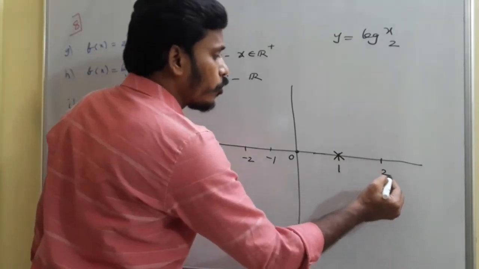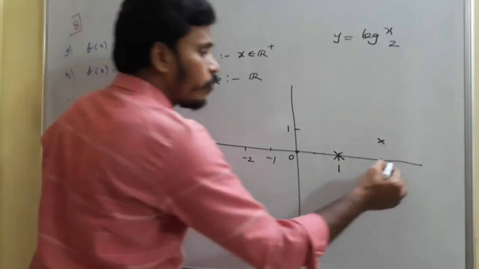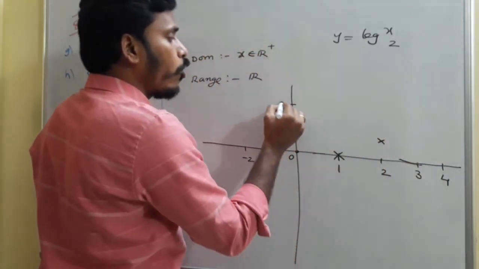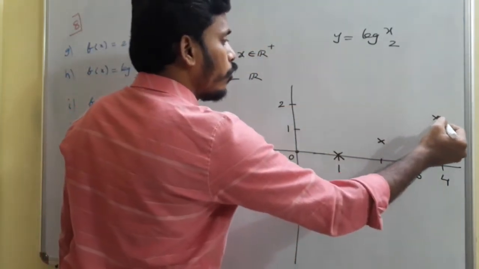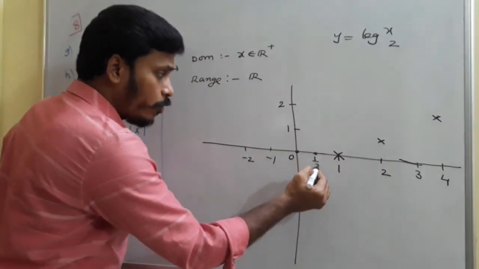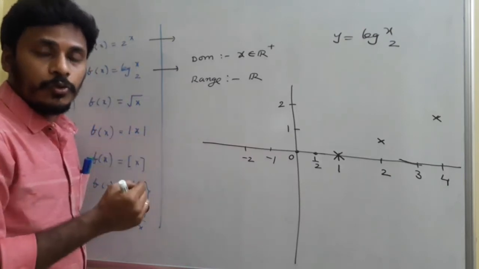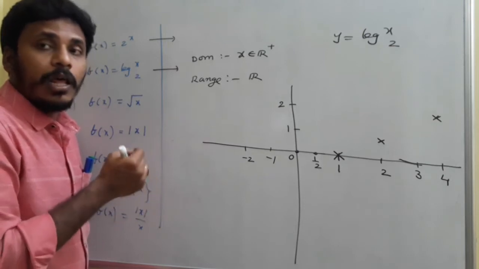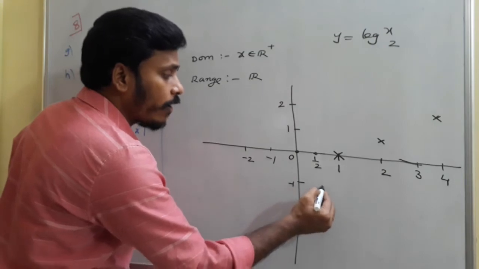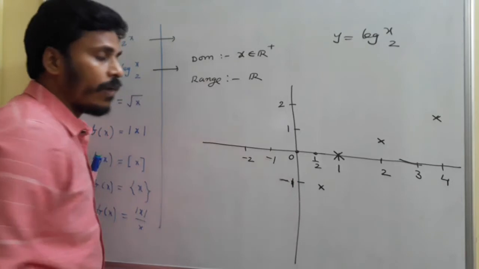If x is equals to 2, log 2 base 2 is 1, that is one point. If you go on like that, you have 3, you have 4. If x is equals to 4, log 4 base 2 is 2, so this is one such point. Whereas if you take 1 by 2 in the place of x, just think about it. Log 1 by 2 base 2. I think you all know about logarithms. Log 1 by 2 base 2 results as -1. So at 1 by 2, you need to look at this point, x is 1 by 2 and y value is -1.